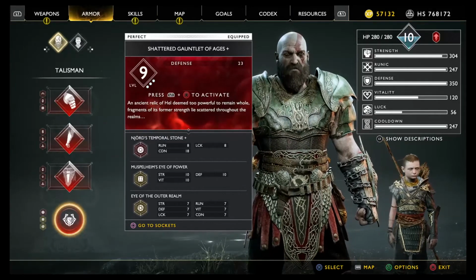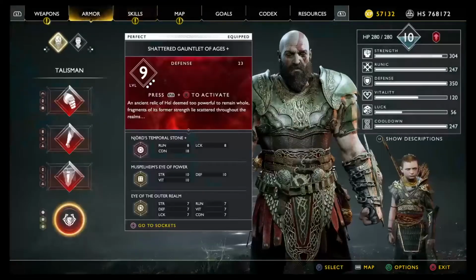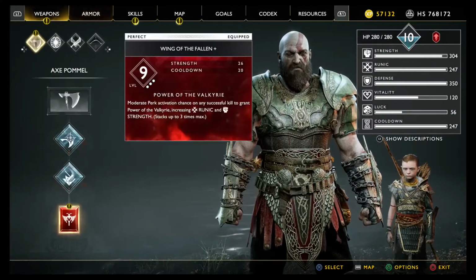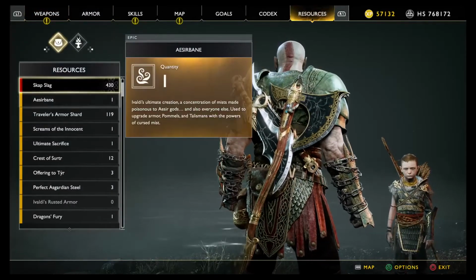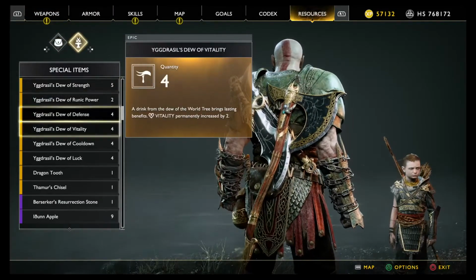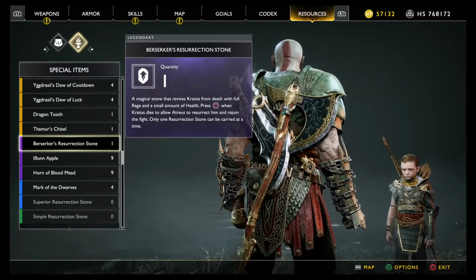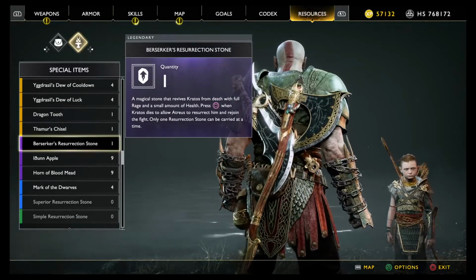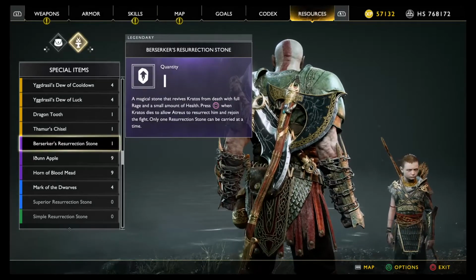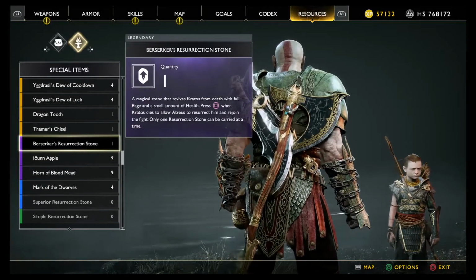Now, another thing I will say you must have when you're fighting a Valkyrie, just need to find where my resources is. This. A Berserker Resurrection Stone. Now, you're only able to have 1. The reason you want to have a Berserker Stone is, yes, it won't give you health, but it will revive